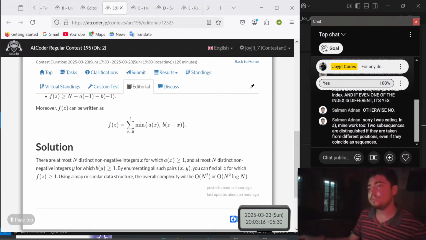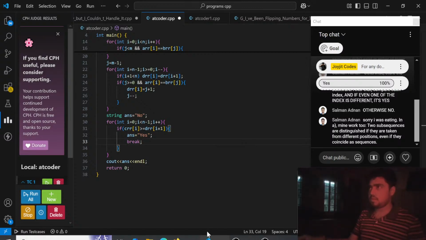The solution is that there are at most n distinct non-negative integers x for which A of x is greater than or equal to 1, and at most n non-negative integers y for which B of y is greater than or equal to 1. By enumerating all such pairs x, y, you can find all z for this using a map or similar data structure. The whole complexity will be bigger. See, I don't think this is a valid editorial. I feel that